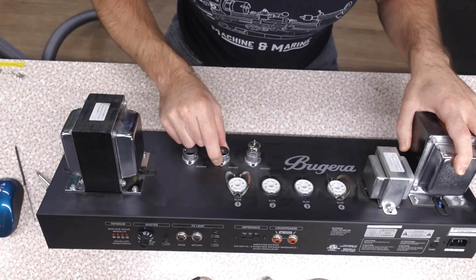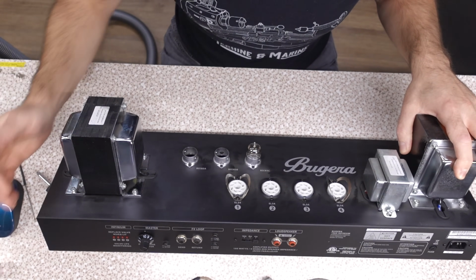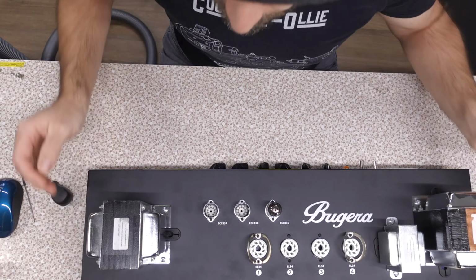Now one thing nice is they do still have the retainers with screws, which means if you were to gut this amp and rebuild it into something else, you'd probably be able to mount chassis mounted tube sockets on there without much problem. Now one thing that we do got going on here in the power supply section, which is